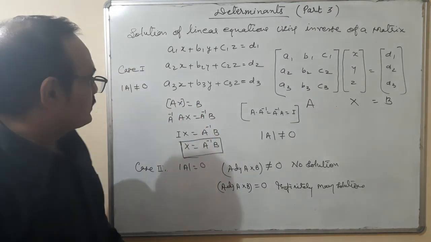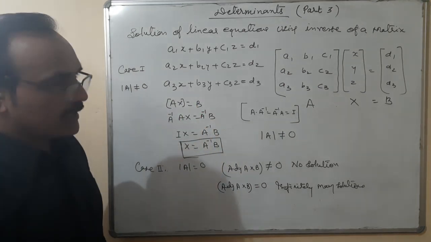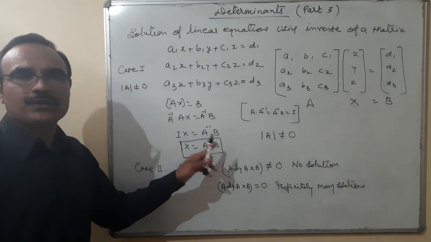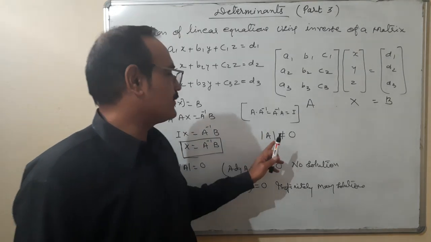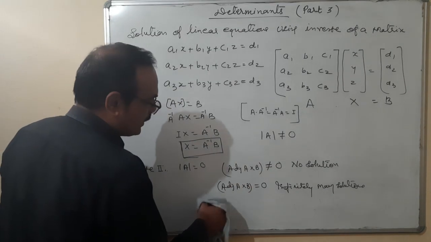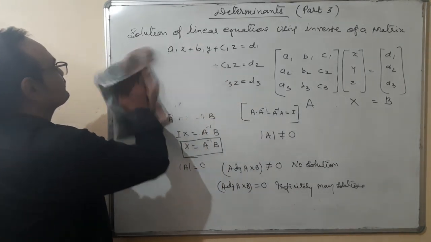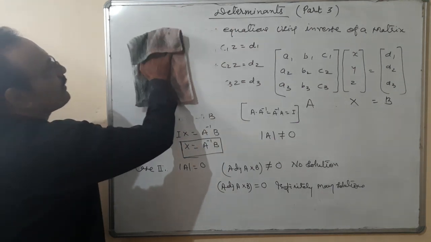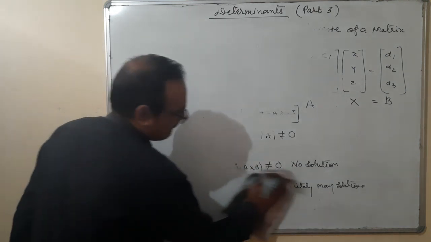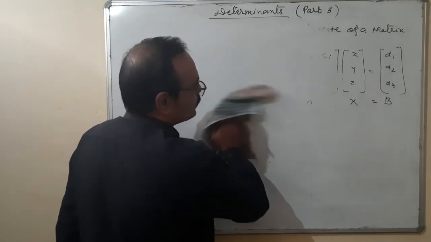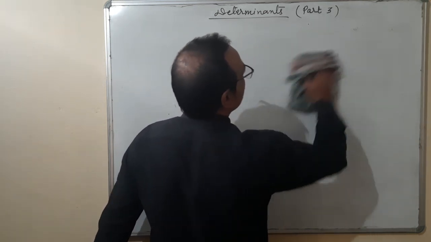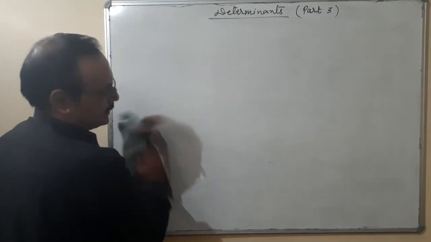Now we are taking some questions using the inverse by matrix method. The formula is X is equal to A inverse B. But before using the formula, let us first check that the determinant value of A should not be equal to 0. But if it comes 0, then we will find adjoint A multiplied by B. I am taking some questions of 2 cross 2 and then 3 cross 3.